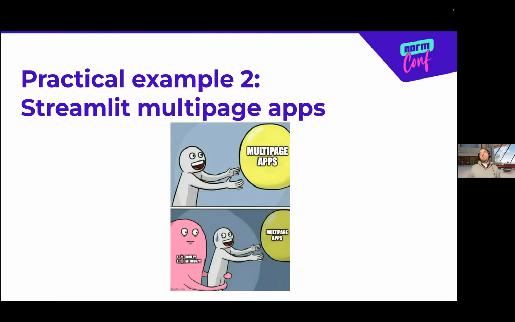And we were so excited when the native multi-page app feature came out, where you get this nice sidebar with all the different pages. It changes your URL. We could throw out the old radio button based one. But as soon as I started using it, I realized, oh, well, you get this boring file icon, but you can put emojis in, just like we had in our radio button version, but you have to put emojis in the file name. And trust me, I could not stomach putting emojis in my file name. It hurt my soul too deeply to allow this to be the way. And so I had to find a hack.